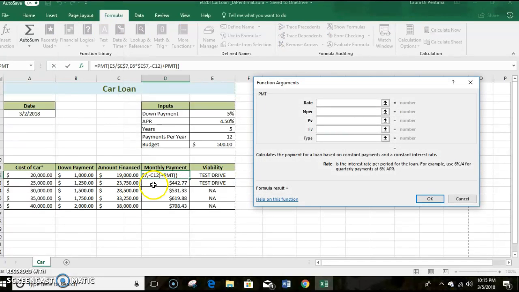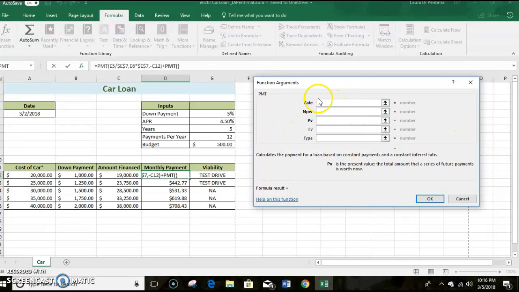I went out on a limb and realized that in this situation, you don't want the cost of the car as the present value and you don't want the down payment. You really want the amount financed, which is the amount borrowed, the difference between the cost and the down payment. So I created an amount financed column and used that as my present value, the PV,